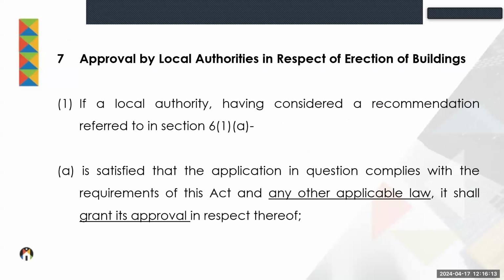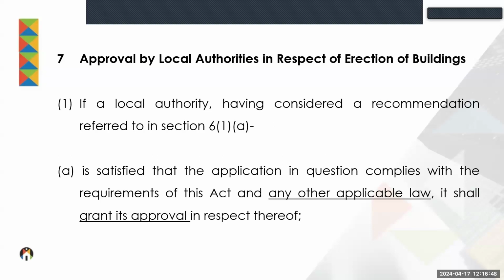Then we come to Section 7, and Section 7 ended up quite a few times in the Constitutional Court, and the courts have given basically effect then to what is in Section 7 of the Act. Section 7 basically deals with the way in which a local authority has to approve a building plan, and it puts a legal requirement on a local authority to refuse the approval of a building plan in